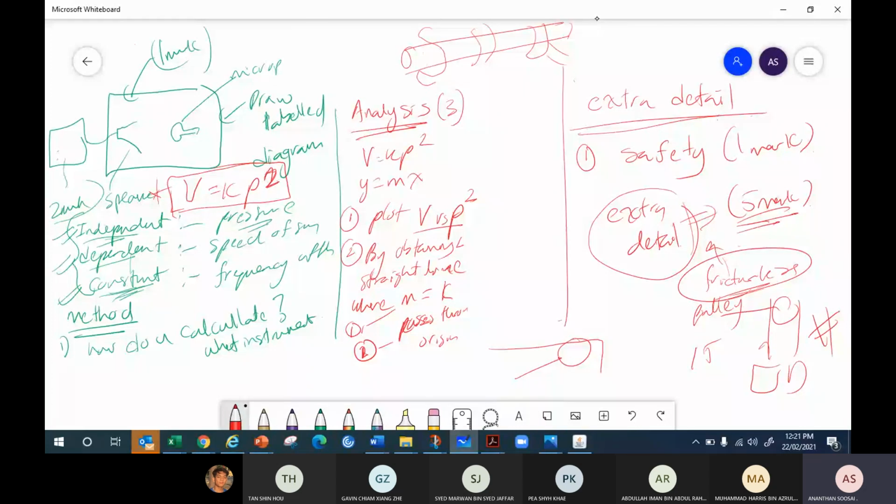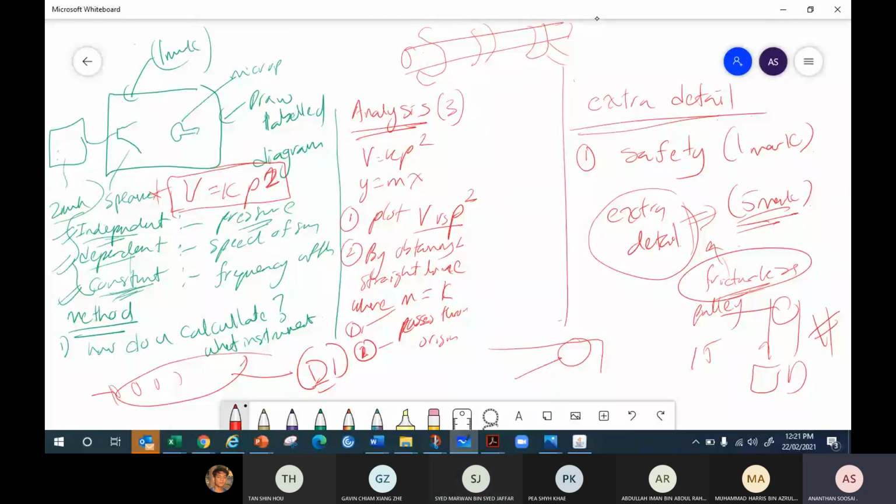According to Cambridge, let's say you accidentally wrote the detail mark under method. Under method, you explain, get the diameter at a different location, take the average. You never put it under extra detail. You put it under method, right? Yeah. Okay. So here, Cambridge will mark it as a detail mark. They put D1, detail mark. So actually, the detail mark, the method mark, they can find anywhere. Okay, but you make it easier for them to identify. You put it under the extra detail, but if they find it in method and they find it's a detail, they put it as a detail mark.